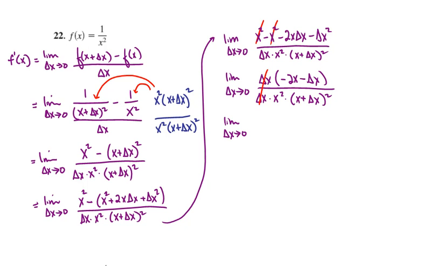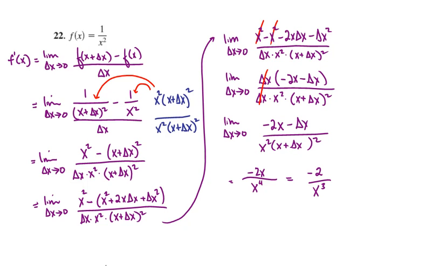Alright, so that leaves me with limit as delta x approaches 0 of negative 2x minus delta x over x squared times x plus delta x squared. Now when I set the delta x's to 0, my denominator won't become 0, and I'll have negative 2x in the numerator, and in the denominator I'll have x squared times x squared, or x to the 4th power. And now I can cancel one x in the numerator and one in the denominator, leaving me with negative 2 over x cubed. And that is the derivative of 1 over x squared,